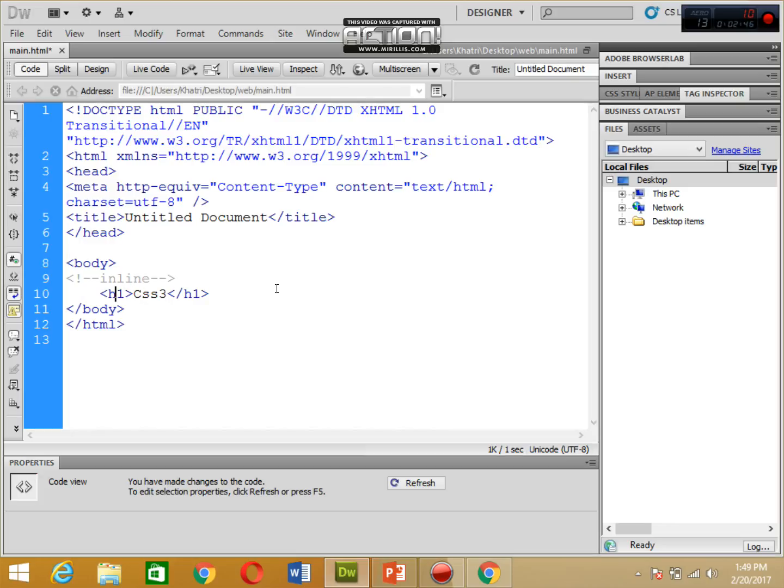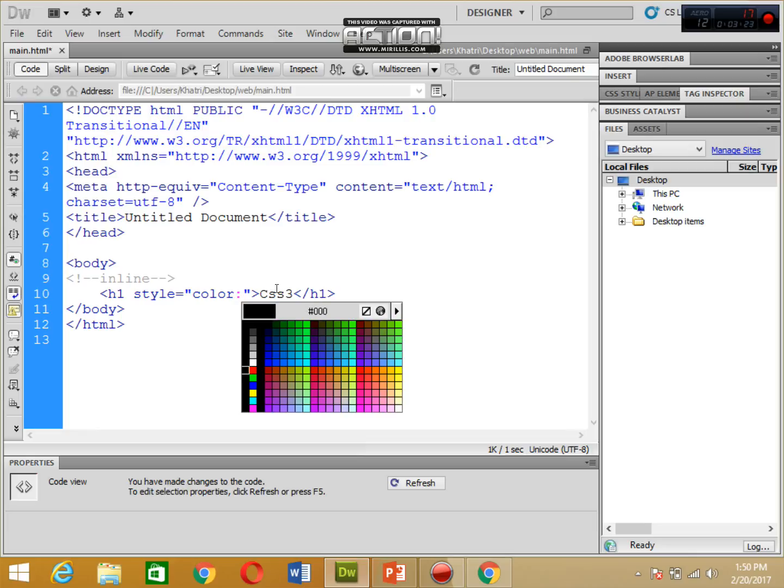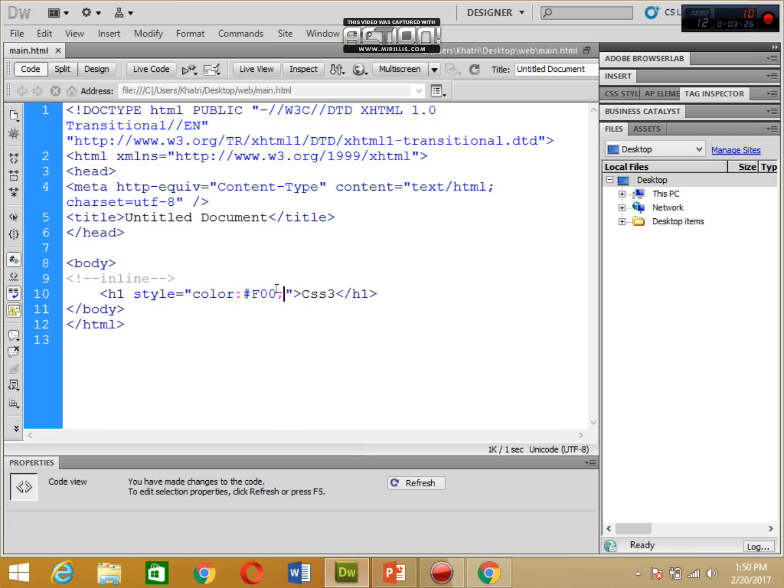If I am providing the attribute called style, this is called the style attribute, and the equals operator assigns the value. If I am applying a property, what is a property? There are lots of types of properties and modules in CSS. So I am using the property color. For this color property you can press Ctrl plus space, then you can see these properties. By default it is black, so I will give it the red color, right? So it will look like CSS3 in red color.